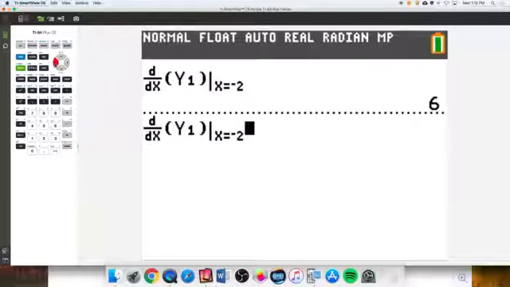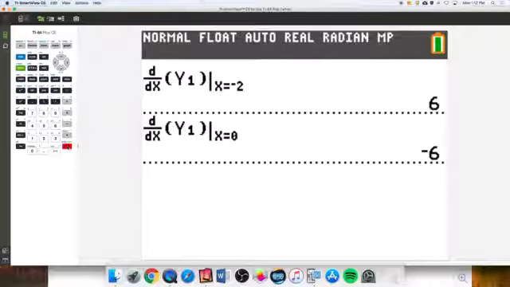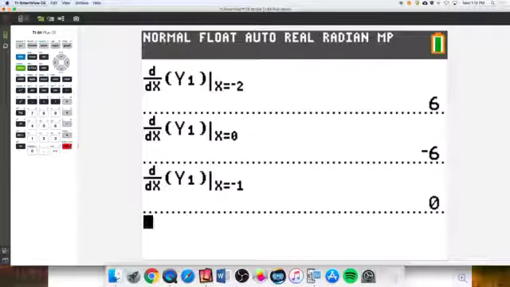Second enter recalls it. So now let's come over here and change -2 to 0, which we should get a -6 out now. And hey, we do. Your calculator is pretty smart. Well done. Well, now let's do it again, but let's do it at the vertex, which is at -1. Your calculator should give you an error or DNE or something like that, right? But instead it gives you